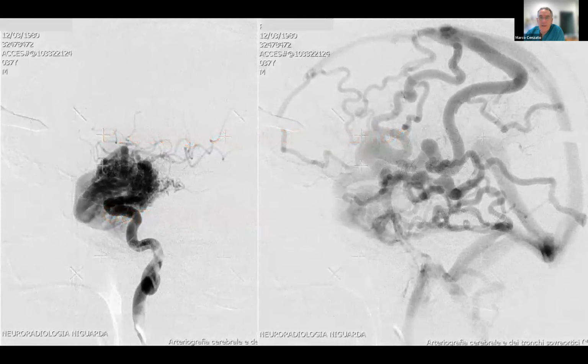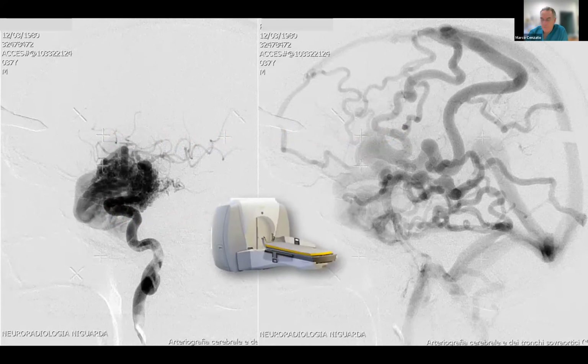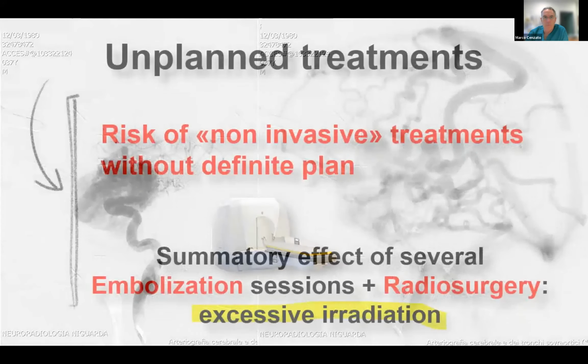And also gamma knife is a very useful instrument. You see here, this is a polar temporal AVM, which by itself, as you see here, the nidus is small, it is right temporal, not particularly difficult. But if you see the venous involvement of this patient, this is extremely scary. So we send the patient to gamma knife, and then we wait to see what's going on.